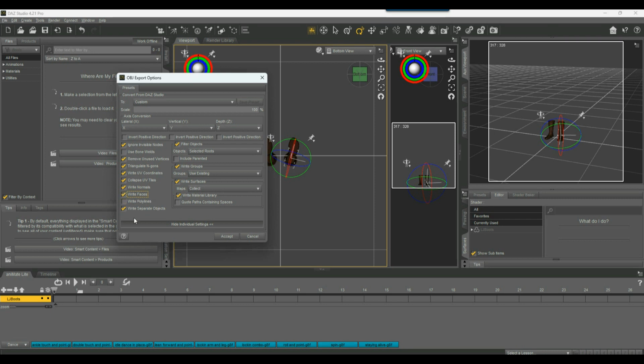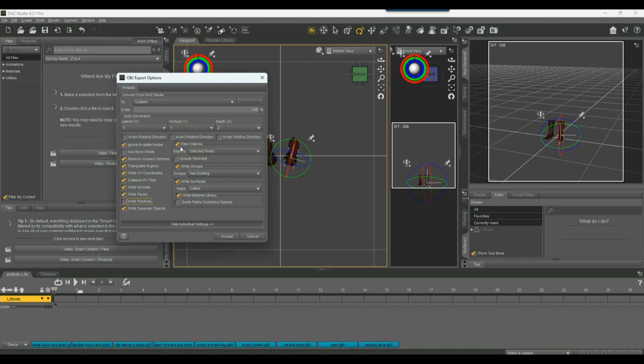Polygons, triangles, etc. Do we want to write polylines? Now that may be default enabled, but we don't actually render those. So if you have lines, polylines, you can skip those if the intent for that OBJ export is to use it in Howler. Right now we don't do anything with it. You might make it a little bit more robust for us to deal with it, to work with it. Write separate objects, yeah, possibly if you want individual parts to be recognized as such, and material properties and other things to also be